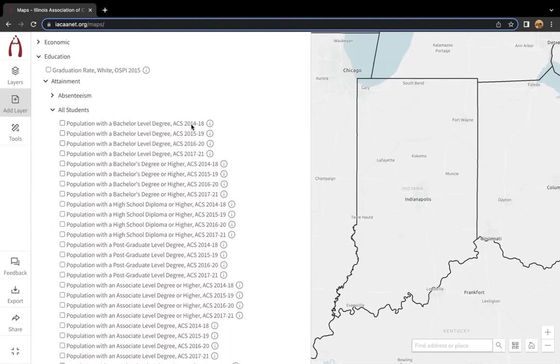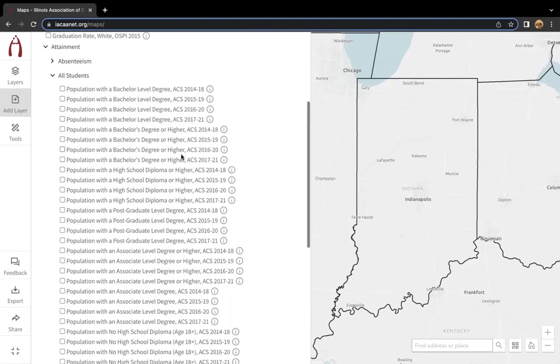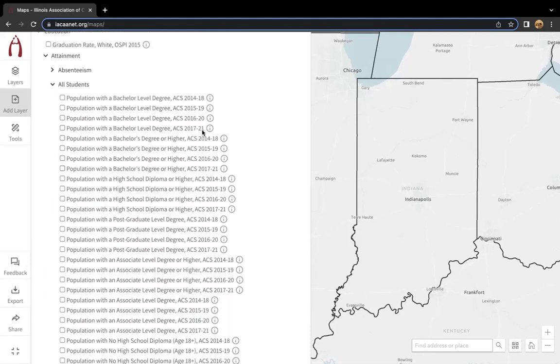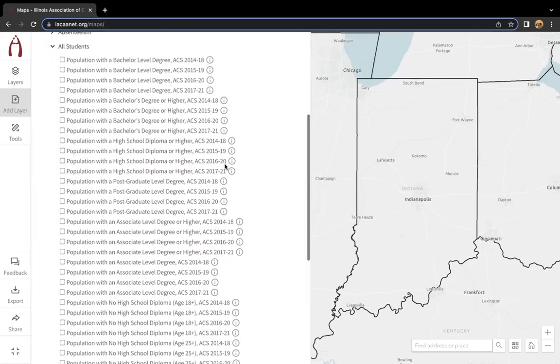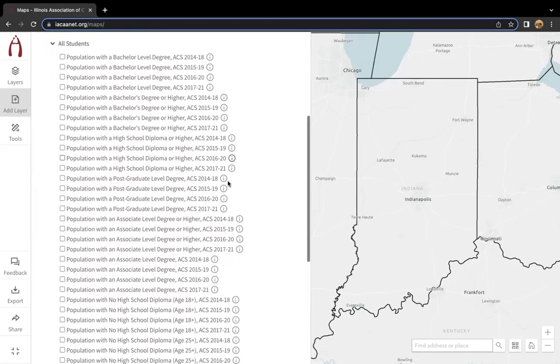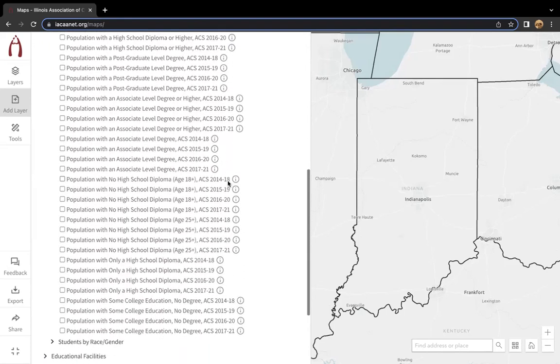You'll also note that we have older data here. So again, a lot of our data layers that are the most up-to-date, some are going to be as up-to-date as 2023. Some, our most recent versions, are going to be more like 2021. This is because our data is as up-to-date as the data source. And so you'll see, though, that we have these older data in here, and we are going to look at, let's say,